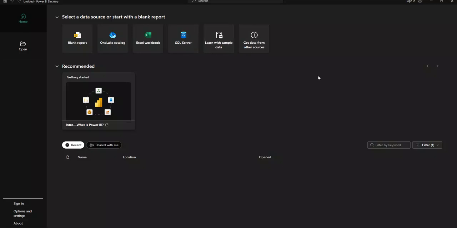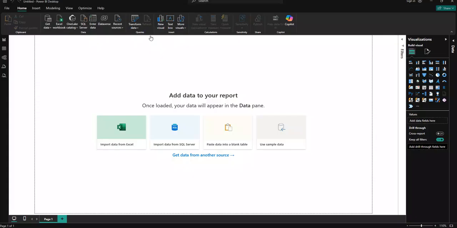At the moment we have an Excel data type. But if you want to practice, you can use sample data from Power BI itself. At the moment, I just want us to click Excel workbook, because we want to import an Excel file into Power BI. So we are going to click this one, and once we click, you realize that we'll be taken into